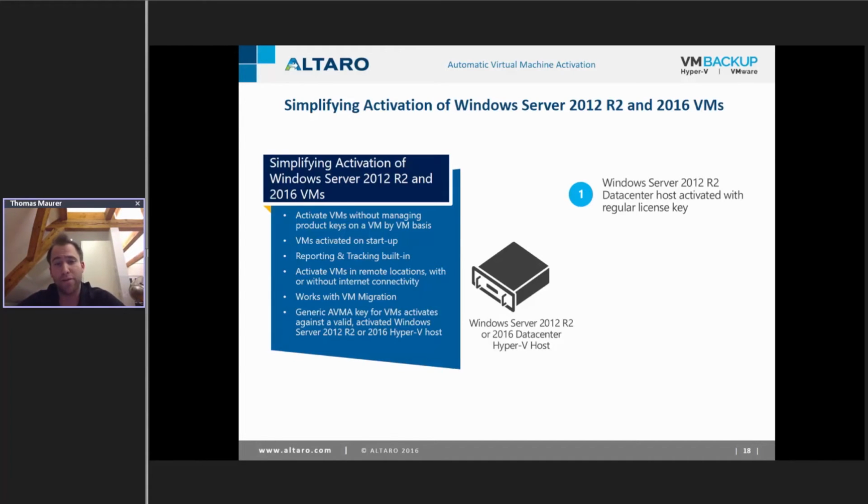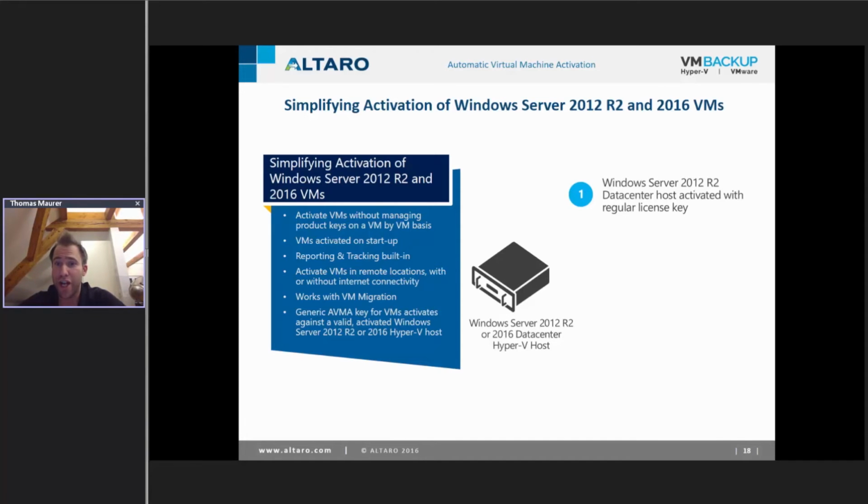Again, what this feature is designed for is if you're running a VM inside a network which has no internet connection at all or no network connectivity to a KMS server or something which can activate the VM, then your virtual machine never really gets activated, right? That's an issue, especially if you're a service provider. You want to make sure that your tenants or your customers can activate the virtual machines even if they are not joining the internet.